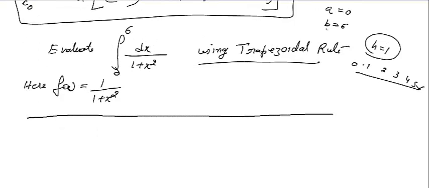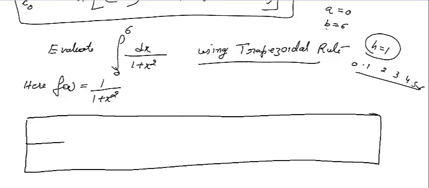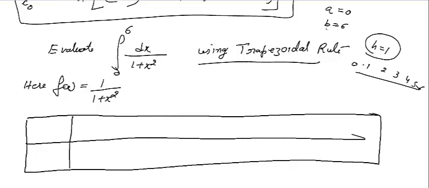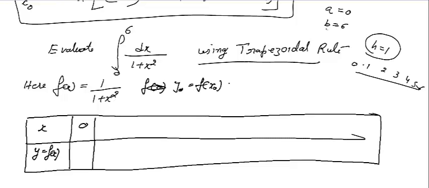This is the important thing for us. First, you will make a table, because this is x, this is y, you can say f(x), it is given. So starting is the x0. When I take x0, means you will find the value at 0, means it is y naught. Y naught is the value of the function at x naught. What is x naught? It is 0. So 0 means 1 over 1 plus 0 square. You will put the value of x here. So it is equal to 1. So your y naught is 1.